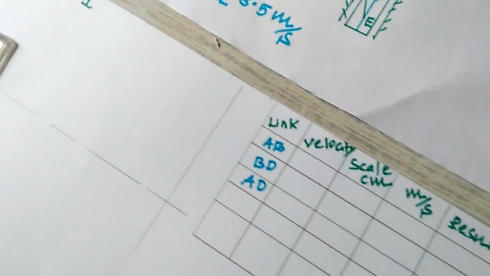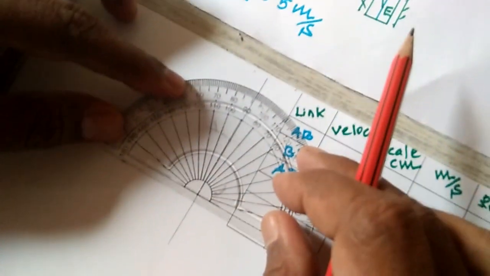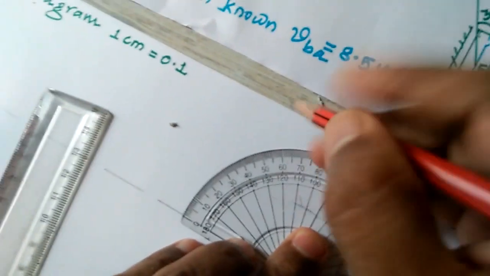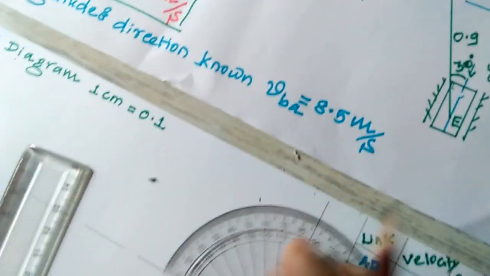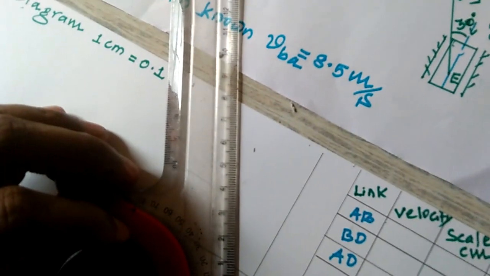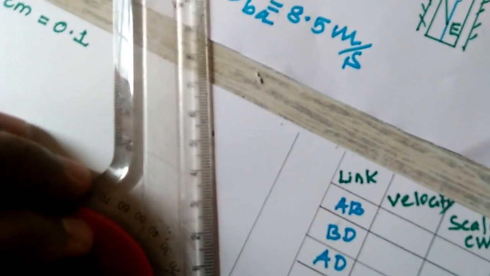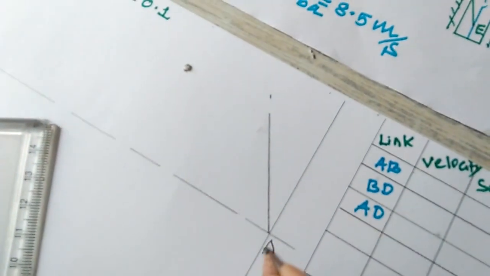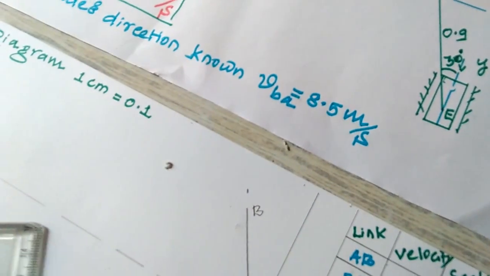It makes a 60 degree. First you have to draw AB, which makes a 60 degree with the inner, I'll draw this 60 degree properly. Okay, and it is 4.5 centimeter, that is the scale I have taken. You take this as 4.5, you mention that this is A, this is B, this is 4.5 centimeter, as you have taken as the scale.